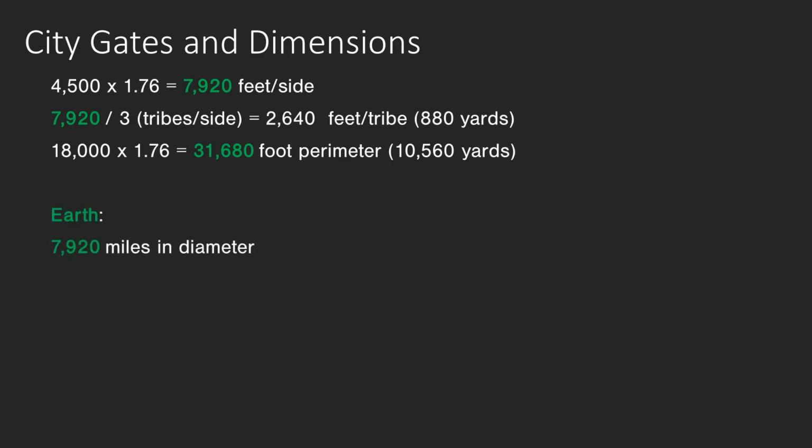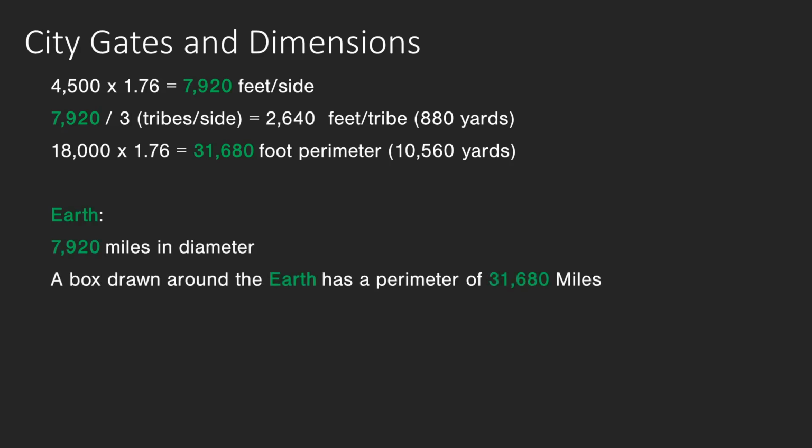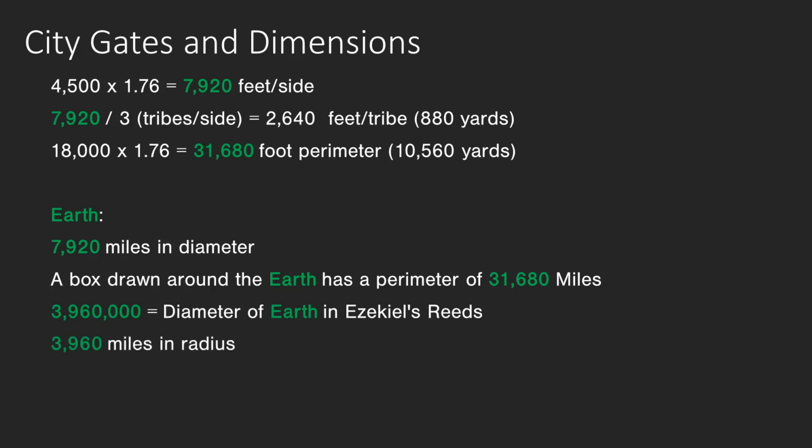Our planet Earth is 7,920 miles in diameter, and a box drawn around the Earth has a perimeter of 31,680 miles. So the thing that Ezekiel has witnessed the measure of is the planet Earth, and his measurements are no accident. If we measure the diameter of our planet using Ezekiel's reed as measurement, it comes to 3,960,000 reeds. No surprise then that the radius of our Earth is 3,960 miles. I think it's good that the book of Ezekiel ends here with a focus on the Earth, because the next thing that is measured in